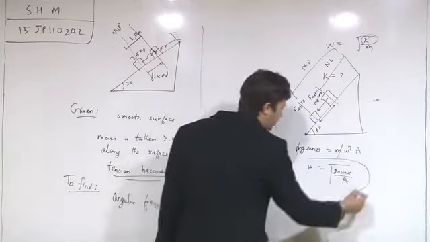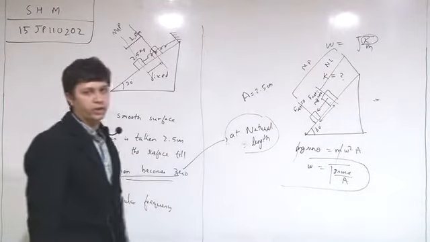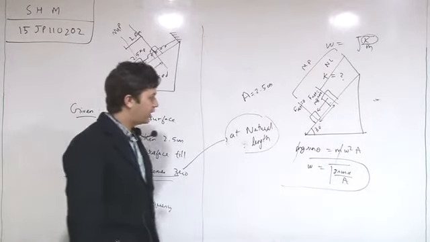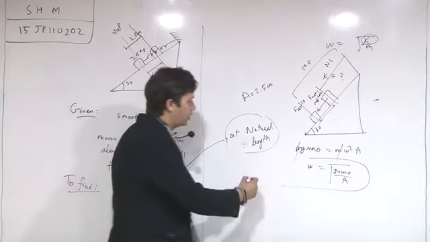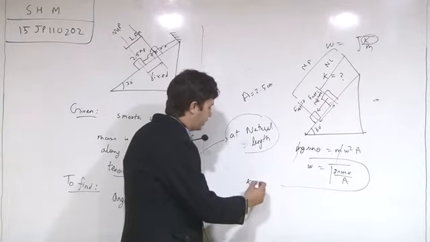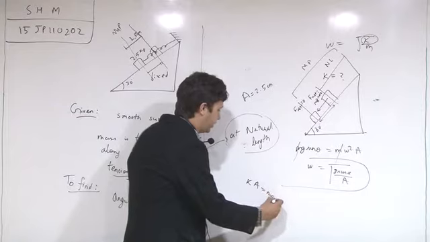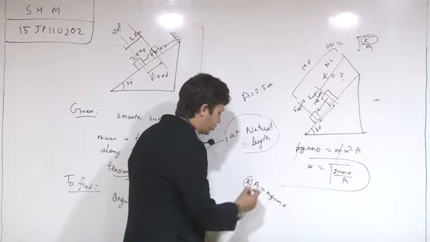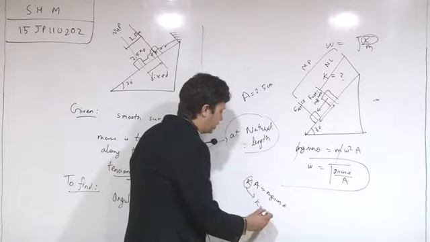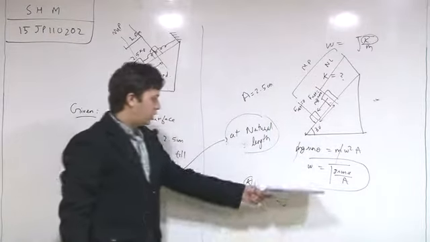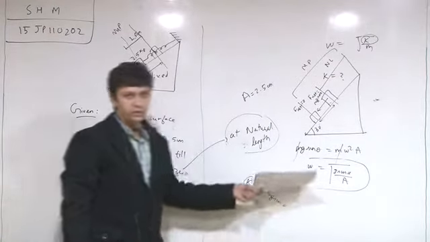We can also use this concept, and we can find out the value of under root g sin theta by a. Another way is to find out the value of k. We can say ka is equal to mg sin theta. Using this equation we can find the value of k and then put it in that equation. Else the other method is using this one. That's it.